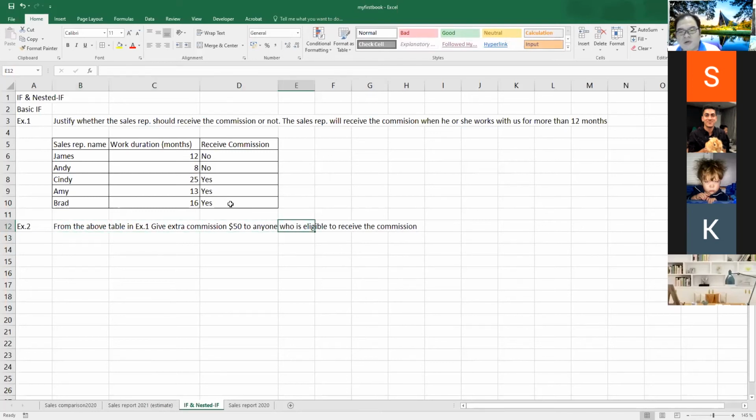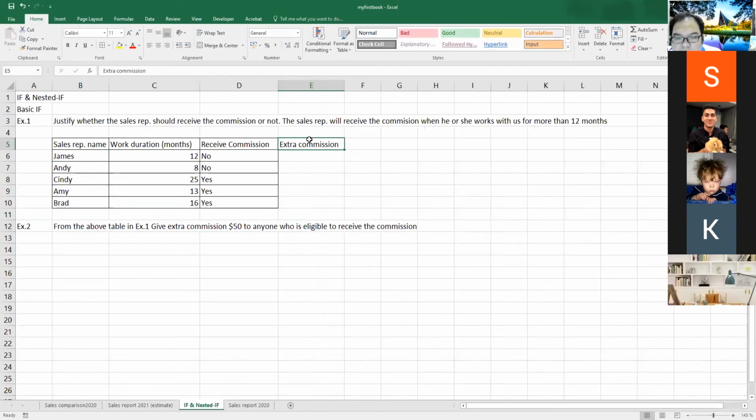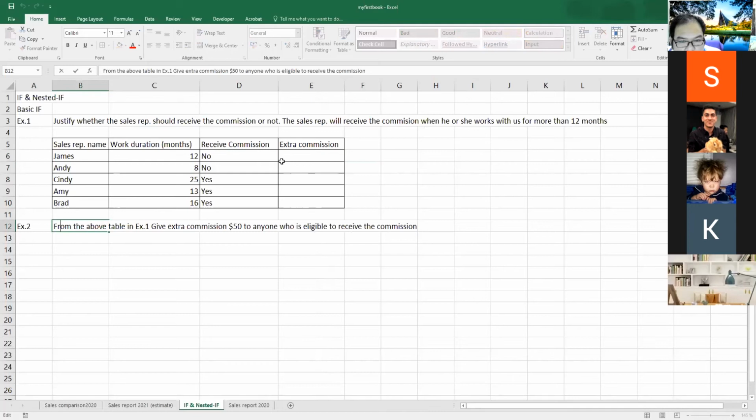Okay, so what do I want you to do in this one? In example 2, I want you to calculate another column. I want you to create the extra column like this. This column is called extra commission. What do I want you to do? I want you to use the if function to justify